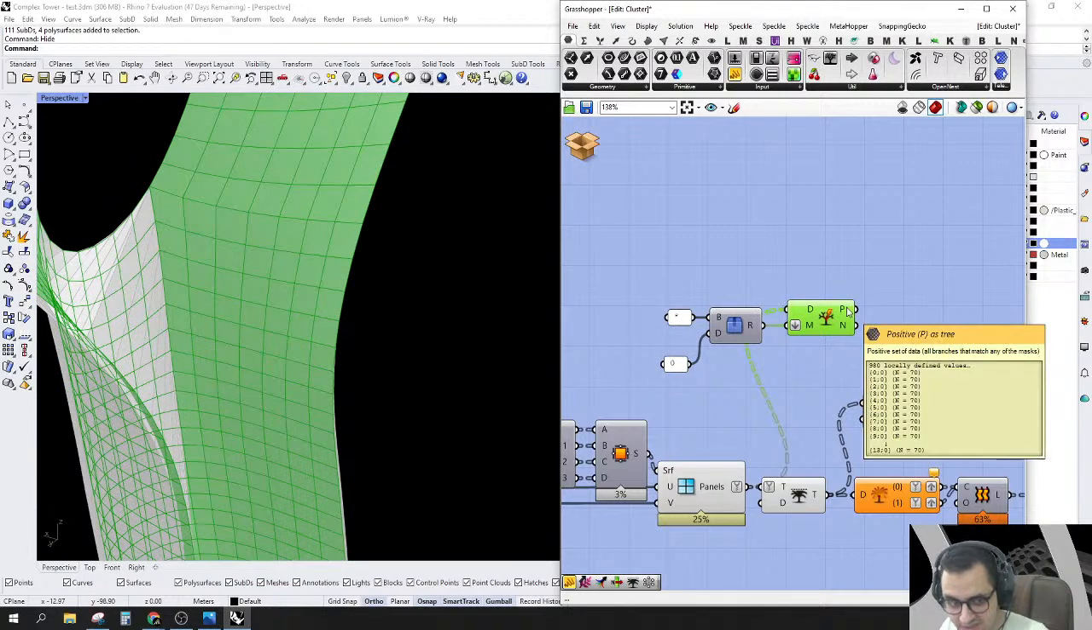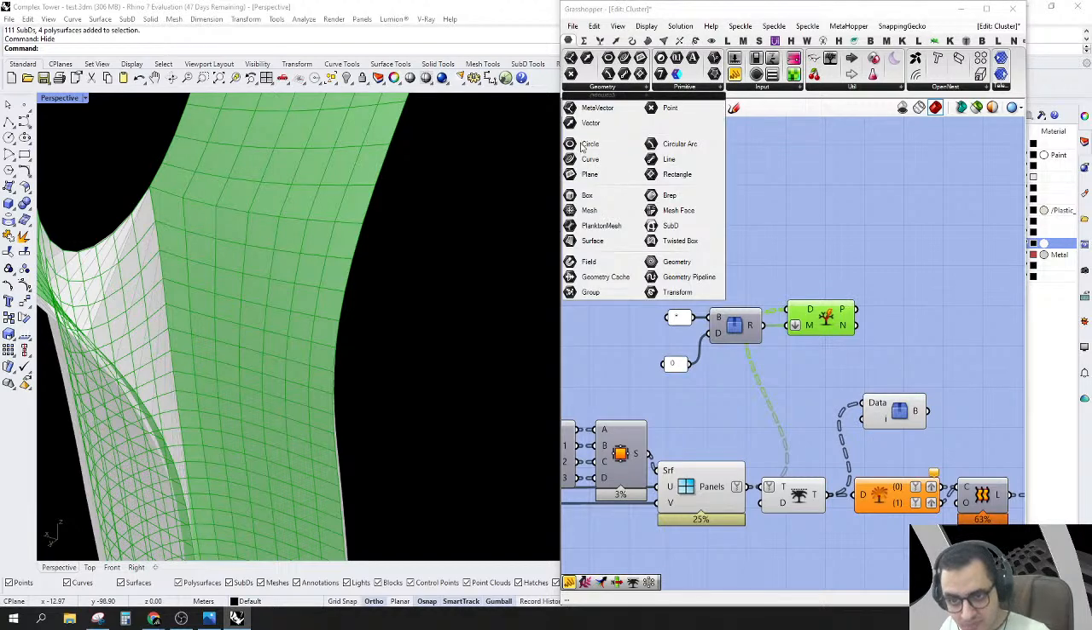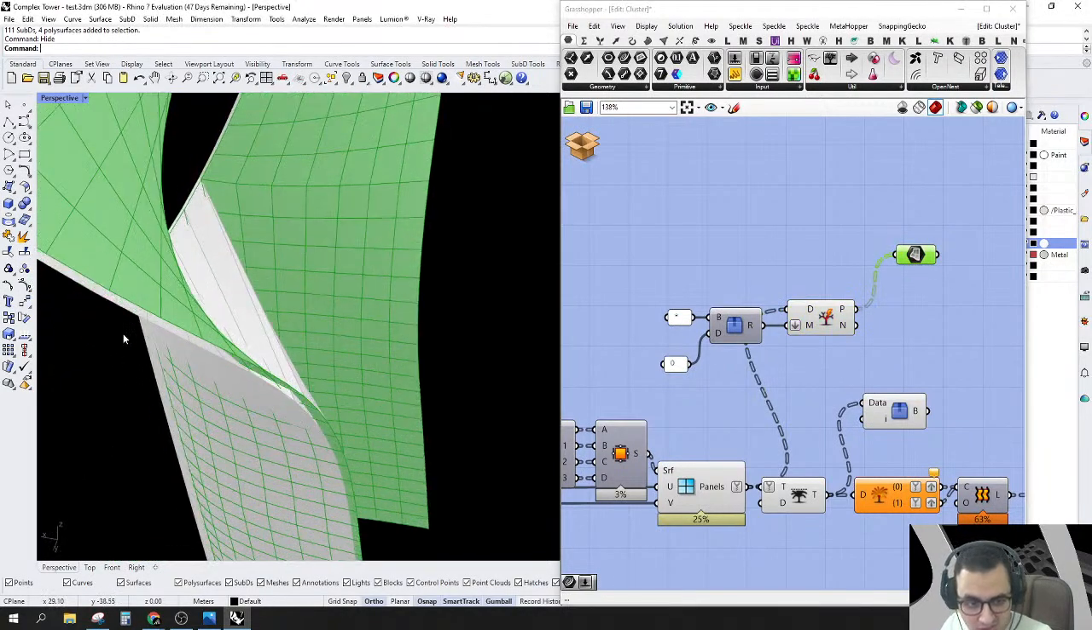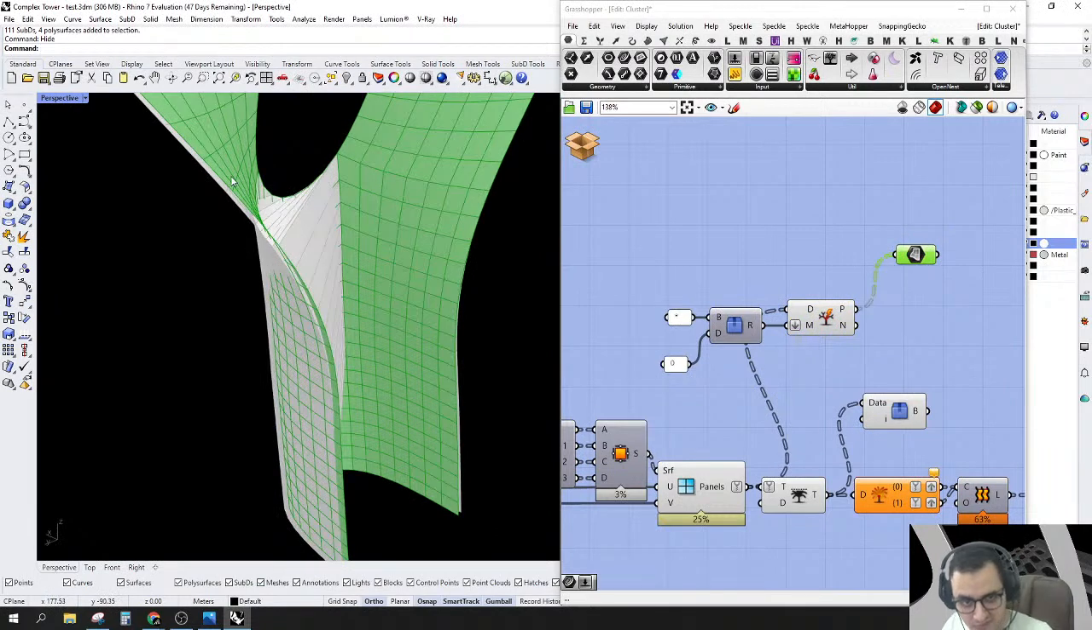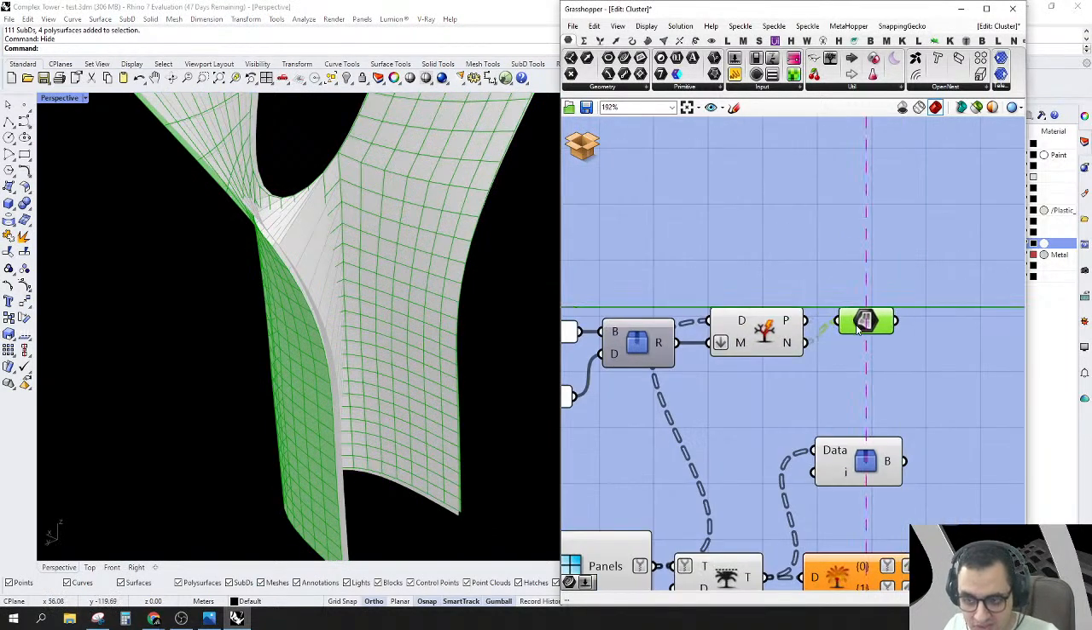So now I have the 0. Let me show you. Where are the surfaces? Okay, I have the zero surfaces, which will be the faces on the front, and this one will be the faces on the back, and simply